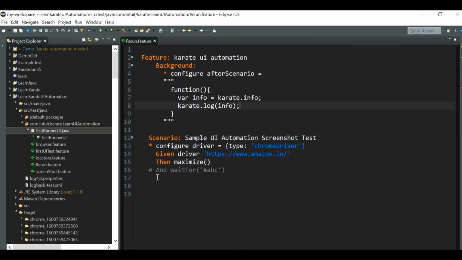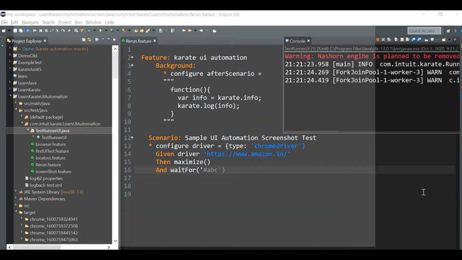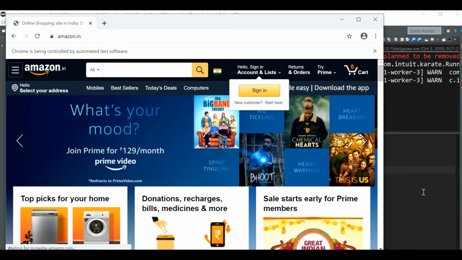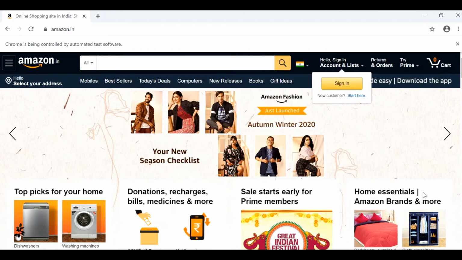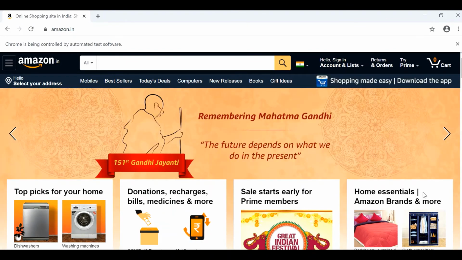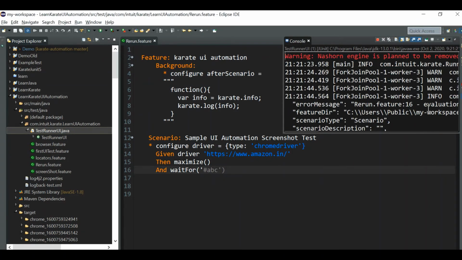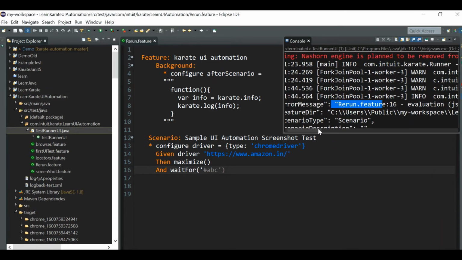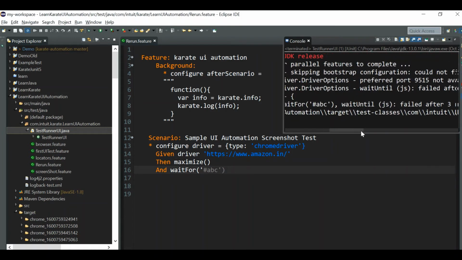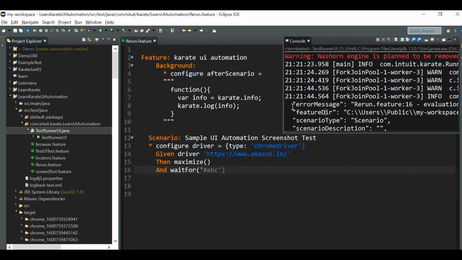Now what we'll do, we will make our test fail, and now we will see the error message content. The test fails, and now you will be able to see there is some content in the error message field, right? So if the test passes, there won't be any content in the error message, it would be null. And if the test fails, we will be able to see some error message, the failure reason, in the error message field, right? So based on this, we are going to rerun our feature file.